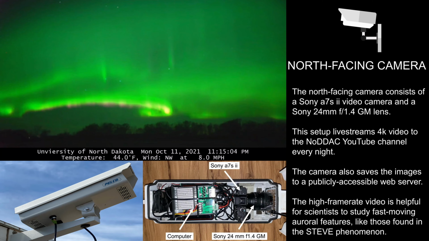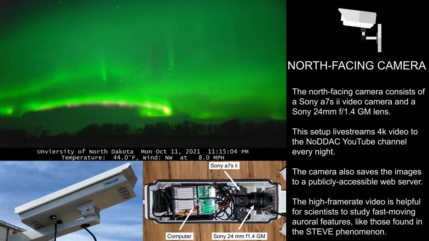The Sony a7S II is a state-of-the-art camera with a full-frame sensor and extremely low noise at high ISOs, and is used by the Live Aurora Network and their aurora cameras, as well as by countless aurora photographers to capture real-time video of the lights, so it was a natural fit for NoDDAC. NoDDAC has been operational for about 1 year and has already seen great success in providing useful data for possible